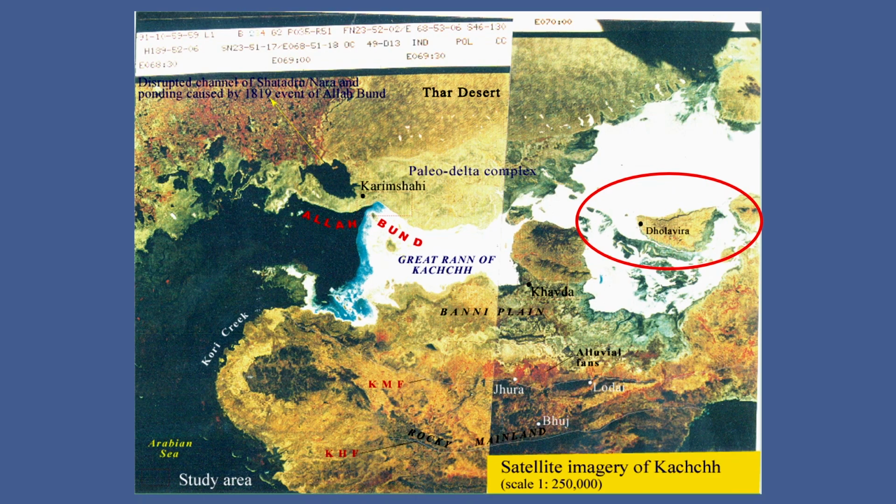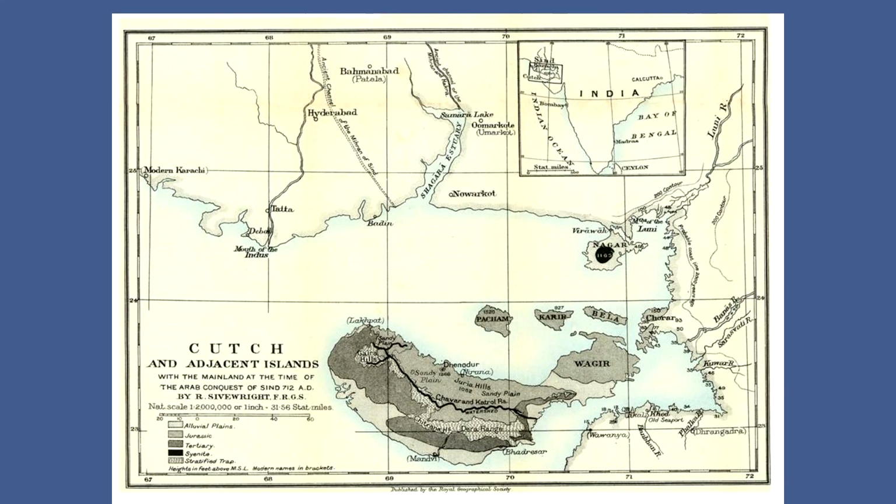Okay. Now coming to the Dholavira site, again we had the same concept, the same understanding: whether Dholavira, which was one of the well-planned cities, or towns, I would say, got ruined because of climate change or because of tectonic movements and the earthquakes triggered by the tectonic movement. Now, this map talks about how in 712 AD, this whole area had what we call a shallow arm